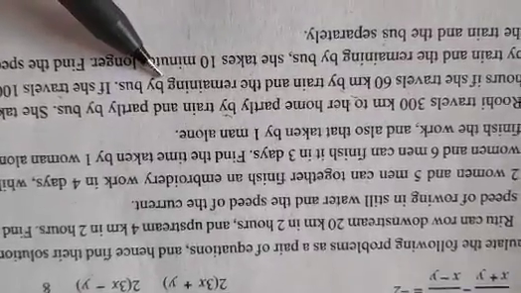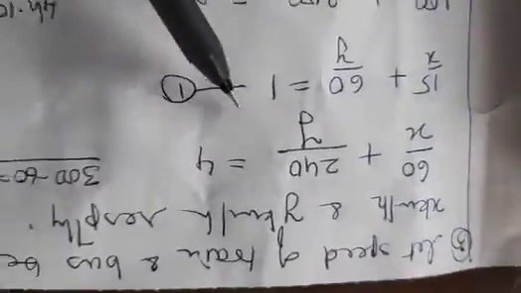Now see. If she travels 60 km by train, out of 300 km the left out is 240 km by bus. Second situation, if she travels 100 km by train, then 200 km she is travelling by bus. Did you understand or not? That calculation is to be shown. Secondly, first time she is taking 4 hours to reach. Second time she is taking 10 minutes longer, means 4 hours and 10 minutes. That has to be converted into hours. So let us see how we will do the sum.